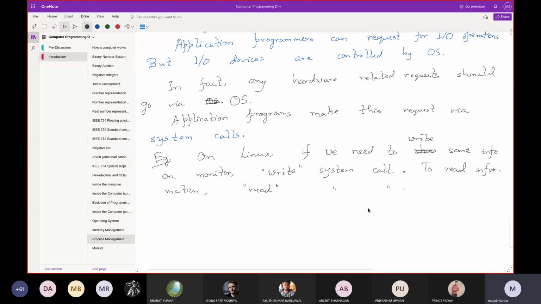Okay. Now, whenever the OS gets a syscall request, this is a shorthand for system call, and it is a common terminology as well, it switches to kernel mode.